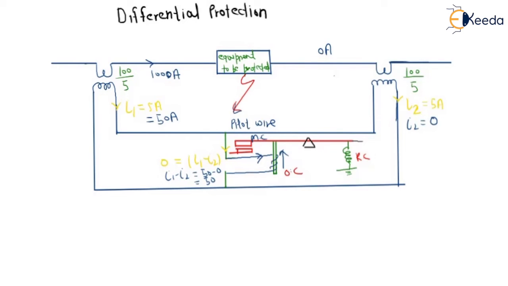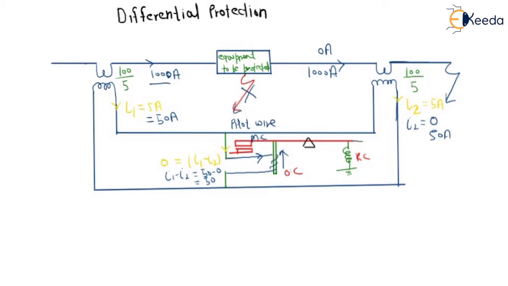And it is very good. What happens when the fault is outside? When the fault is outside, let us say 1000 ampere is here and 1000 ampere is here. We are not considering this a fault. Outside the fault we are considering, you can see 1000 ampere current is flowing here and 1000 ampere current is flowing here, so here it will also be 50 ampere. So now the difference of current will be equal to 0.